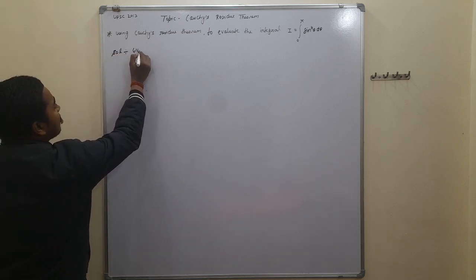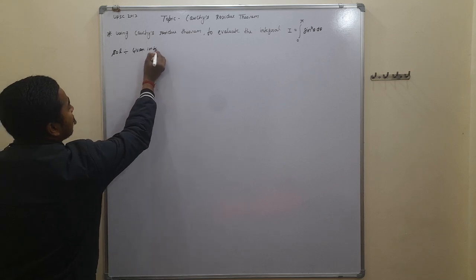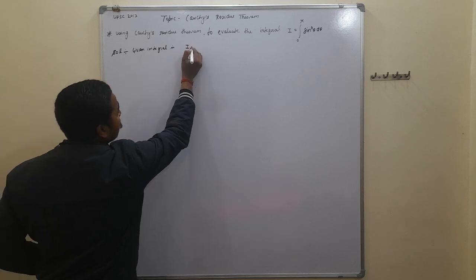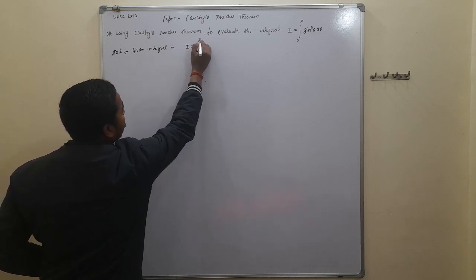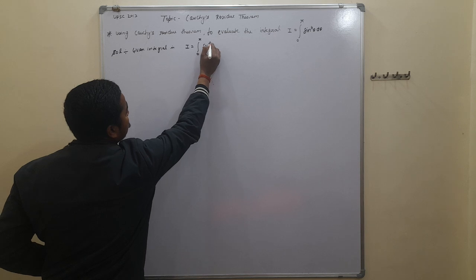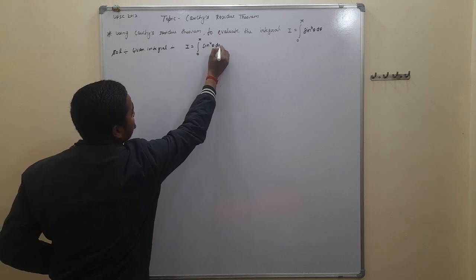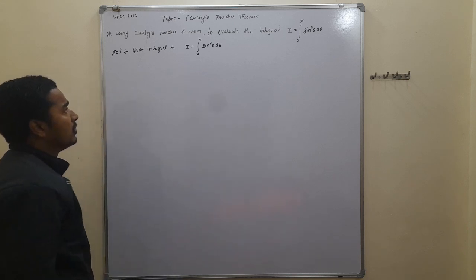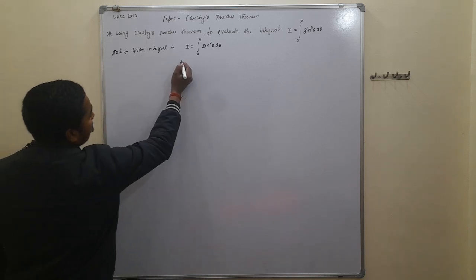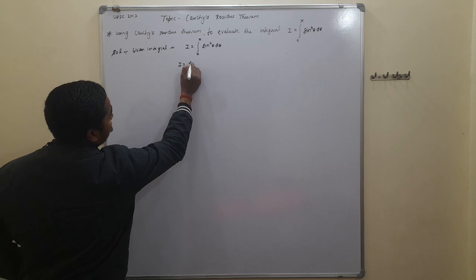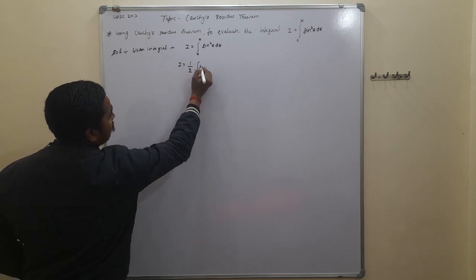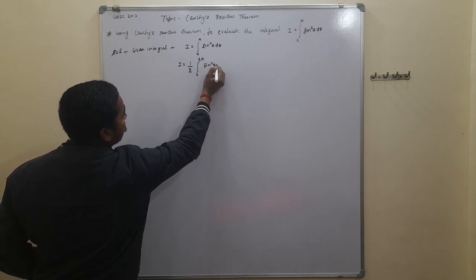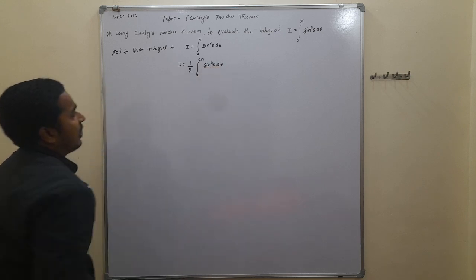Given integral is I is equal to the integral from 0 to pi of sin to the power 4 theta d theta. First we have to change the integral limit. Taking the given integral, half of this is 0 to 2 pi of sin to the power 4 theta d theta, and we know that